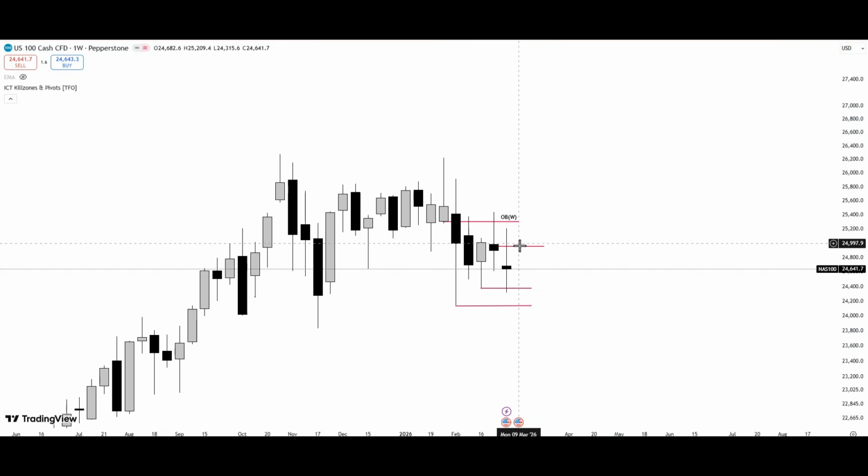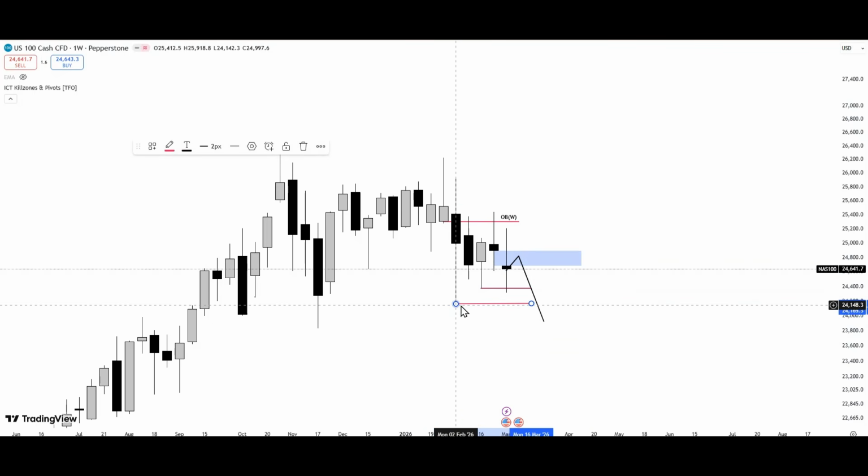And of course last week you see price tagged this, and we had this bearish momentum. Price took this low, and so far this is what we have, and you can see price has left behind this gap here. So it would be nice, if you're still going to see bearish momentum, we want to see price tag this and then we go lower. If it's going to go lower, I'm looking at this sell side liquidity as the next target.